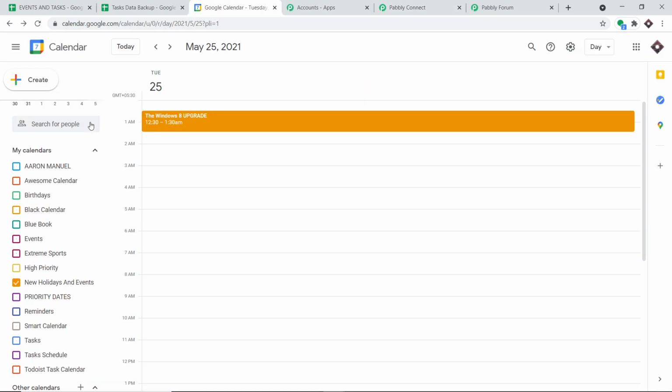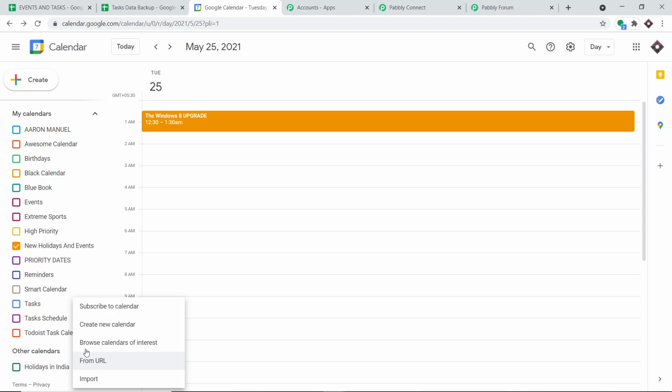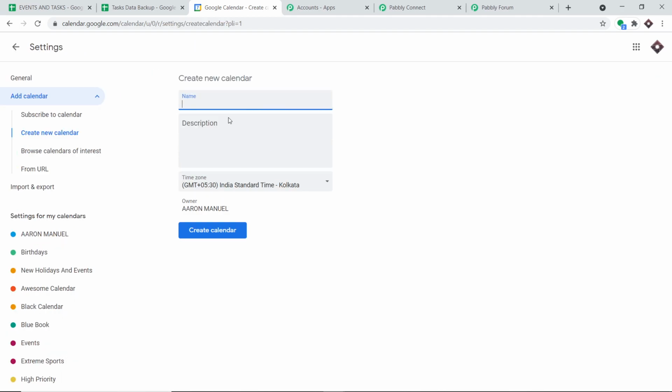So let me just take you to Google Calendar. These are all the calendars that are present in my Google Calendar account. Now imagine this: I am going to create a new calendar. So let me just click on create new calendar. For this integration, I'm just going to create a new calendar and a new Google Sheet. Okay, so this is for you only. The name of the calendar is Task Scheduler Important. So this is a very unique name, Task Scheduler Important. And let me just click on Create Calendar.